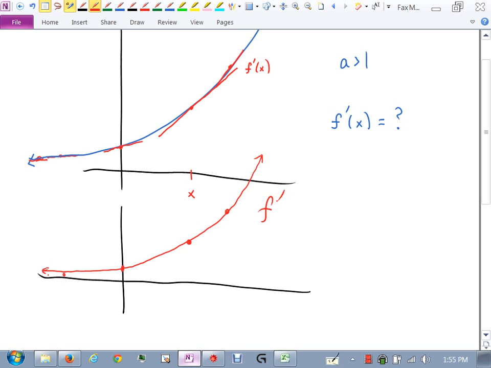Well, it turns out there's only one function for which that actually happens. Guess what it is? e. e to the x is the only function that when you take its derivative, you actually get the exact same function. If it's 2 to the x, the derivative of that isn't exactly 2 to the x. It is, but it's off a little bit. So as you're going to see right now,